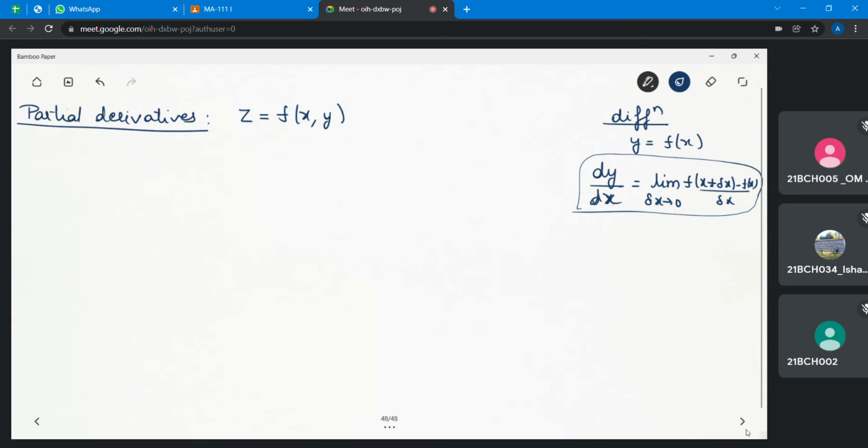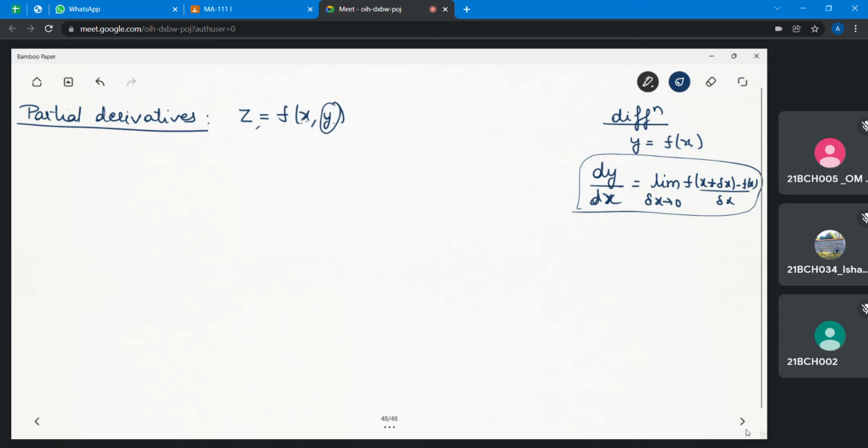यहाँ पर तो एक ही आपके independent variable थे, तो you are taking the rate of change in y with respect to this only, right? So when we have function of two variables, in that case, if we have to calculate the derivative, what we do is we treat one as a constant and then take the derivative with respect to the other variable. So that is why when we are talking about the derivatives in functions of more than one variable, it is called the partial derivatives. Partial means we are treating this y as a constant and taking the derivative with respect